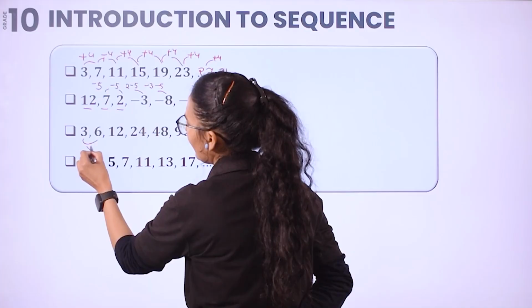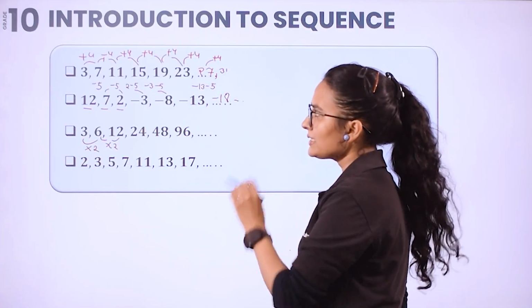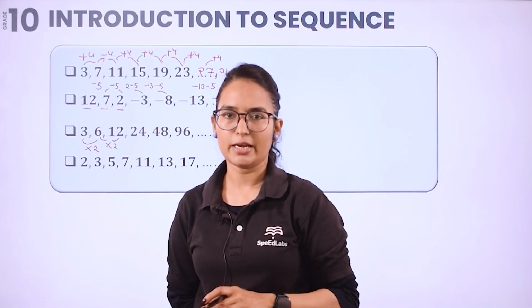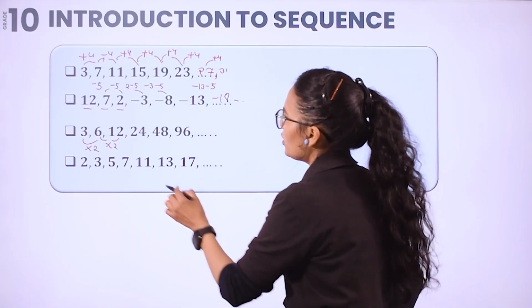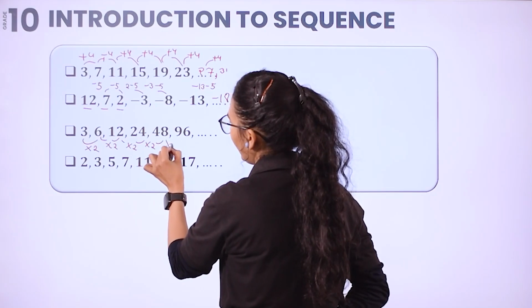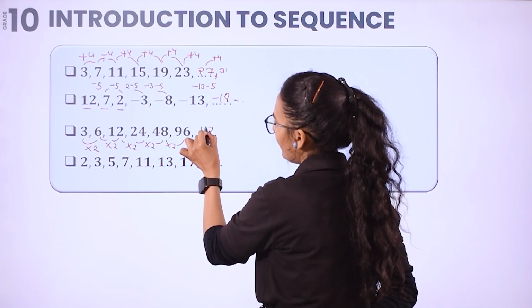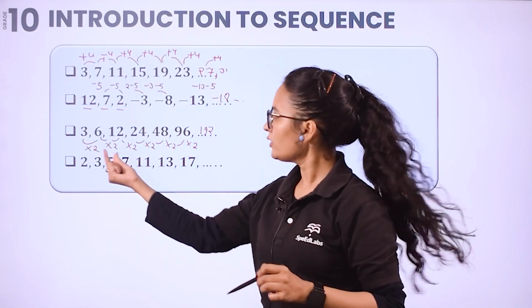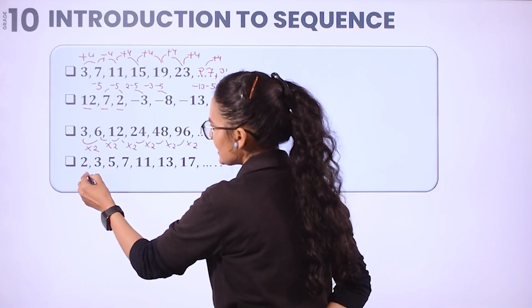3 multiplied by 2, I will get 6. We just try to find the connection. These types of questions are very famous in competitive exams, sequence and series questions, right? You have to find the pattern. They will ask you the next number like that. So 12 into 2, again I am getting 24. Then 24 into 2, 48. 48 into 2, that will be 96. Again I can do 96 into 2, that I will be getting 192. Okay. So again here what is the rule? Multiplication by 2. Let us see the last sequence that is given to us here.